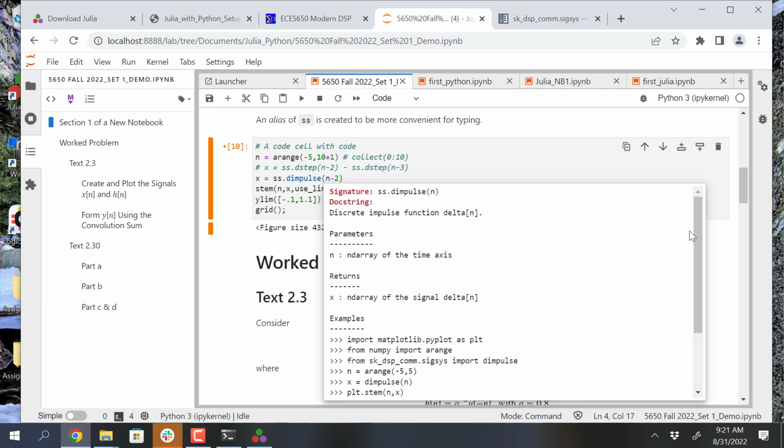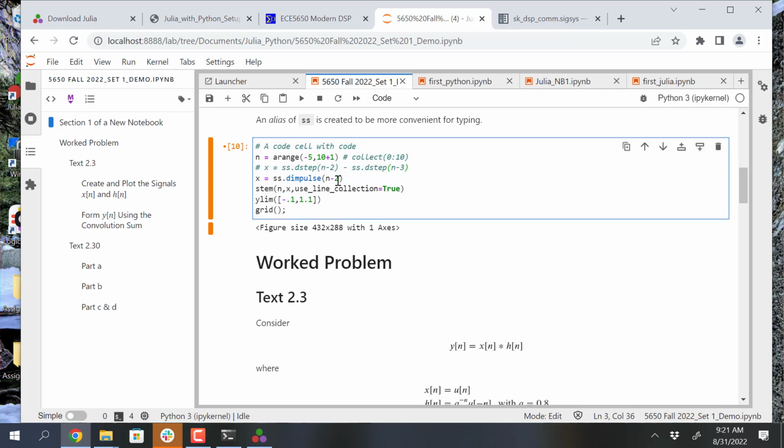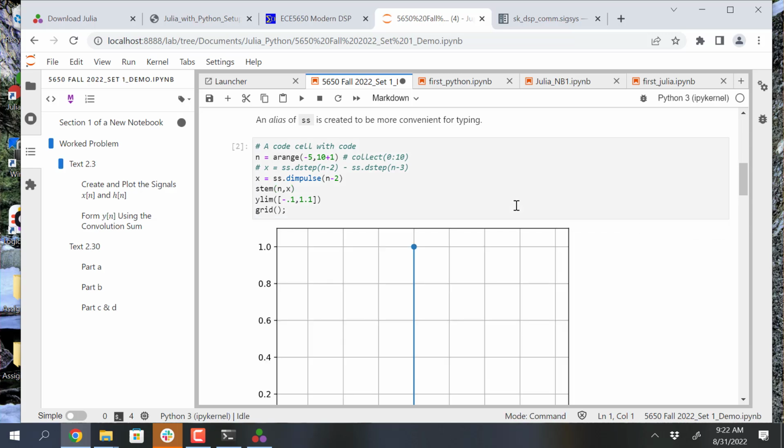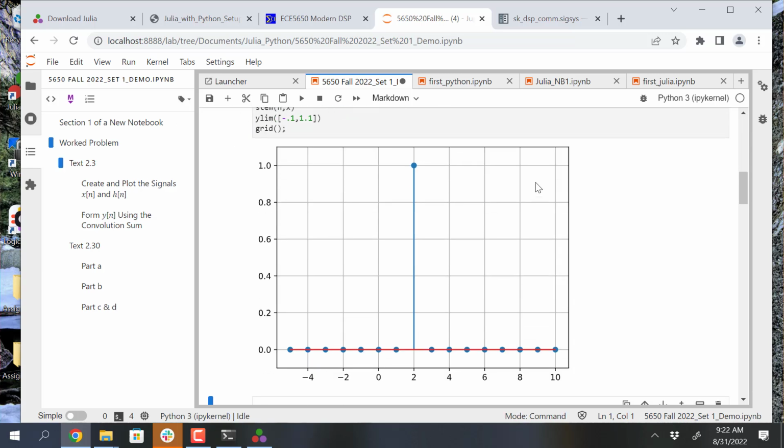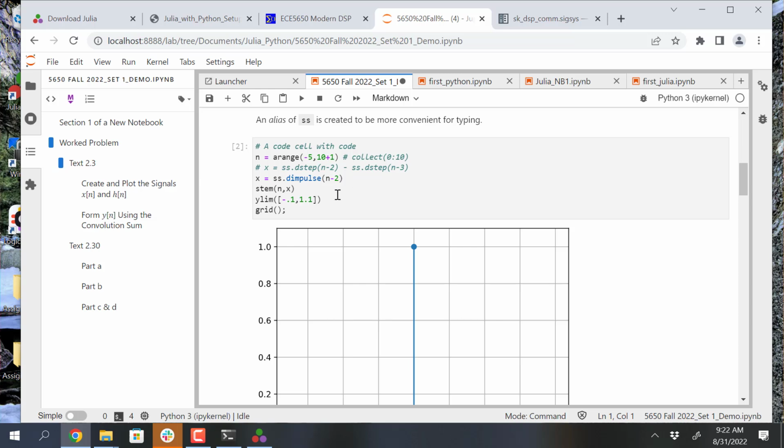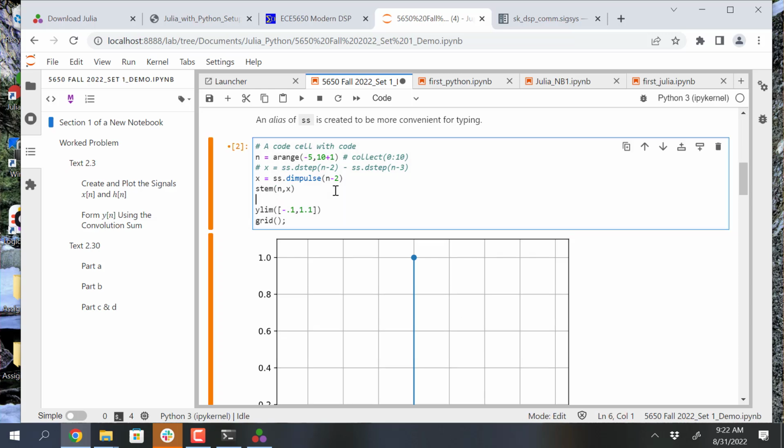To me, that's nice because I don't have to remember all this stuff. I have it documented in there, and it's on the internet, but it's available right on the fly right here. So impulse, and I'm going to shift it by 2, and then I'm going to do a stem plot. This was needed in an earlier version. I just didn't delete it, but there it is. There's my delta, and if I wanted to be a little bit more complete, I would say